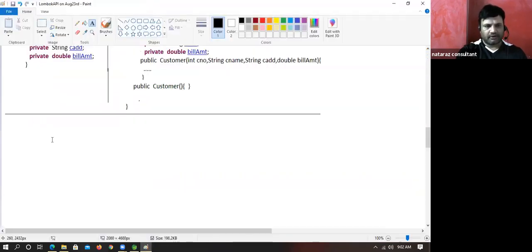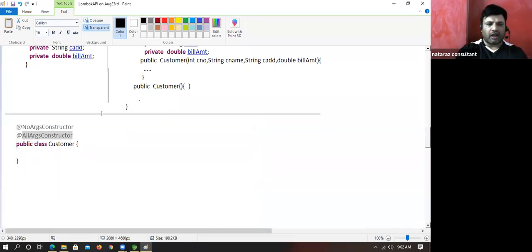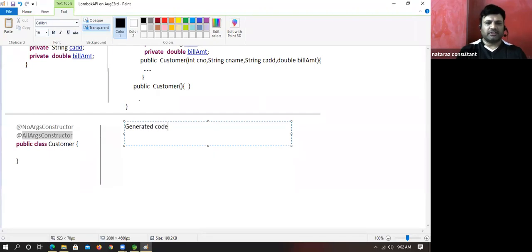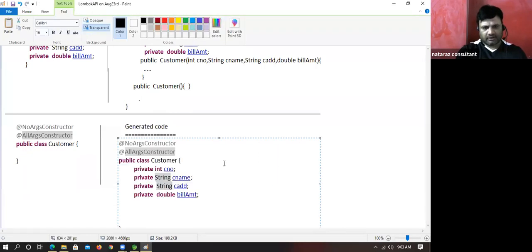Copy this. Yes, paste it. This is the story. No args constructor and all args constructor. Tell me. Generated code. What is this? Generated code is okay, fine. Yes, we have to see like this.